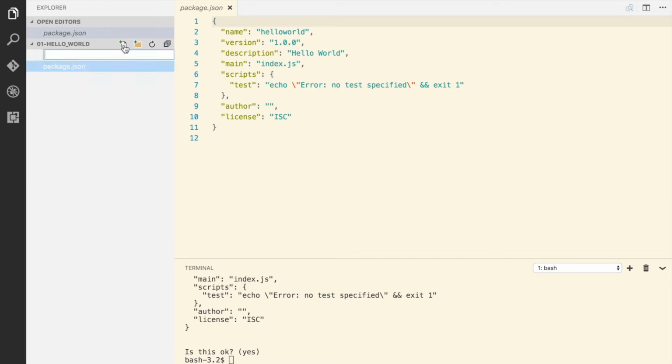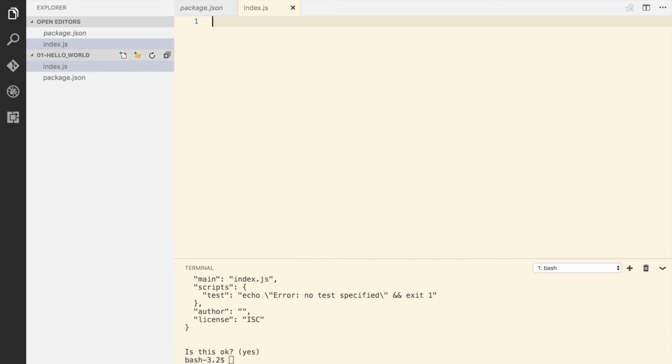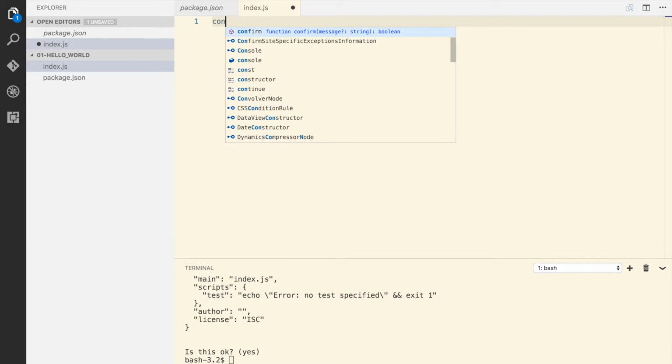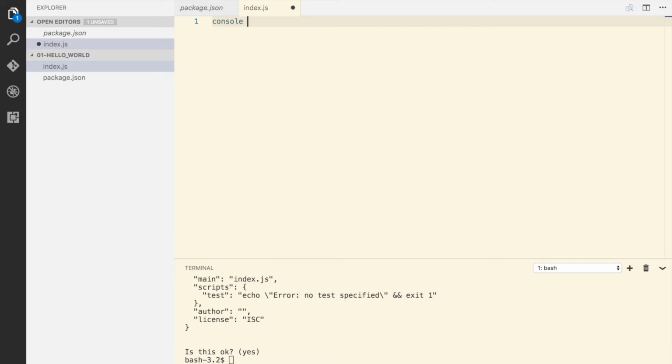So let's go ahead and create it. And I'm gonna say index.js, and this will be the entry point of your application. So let's go ahead and say console.log hello world. Okay, hello world, fine. So this should actually log the hello world to console,